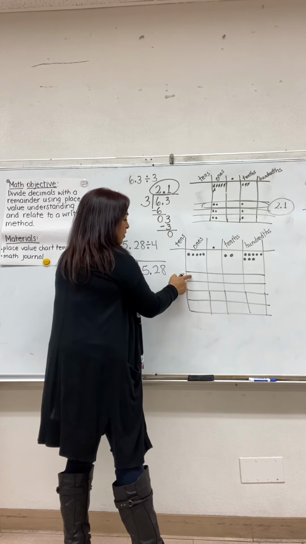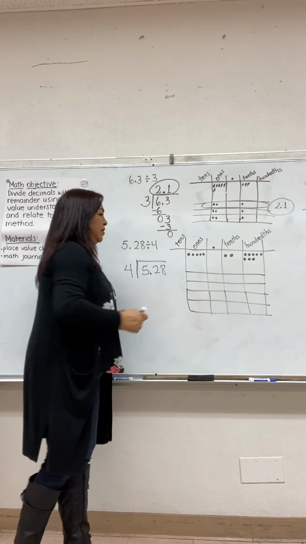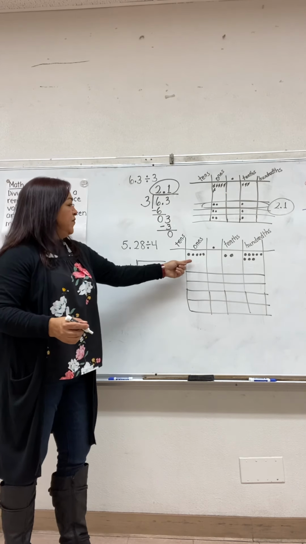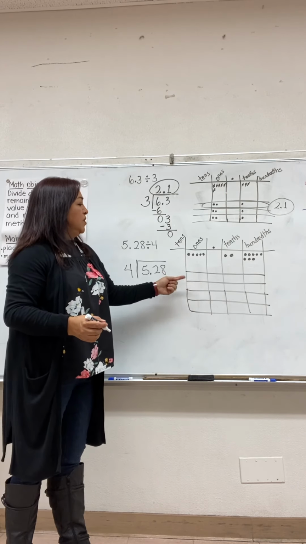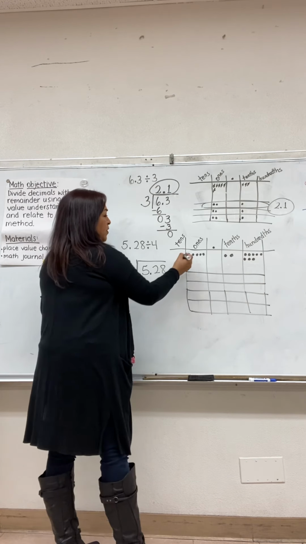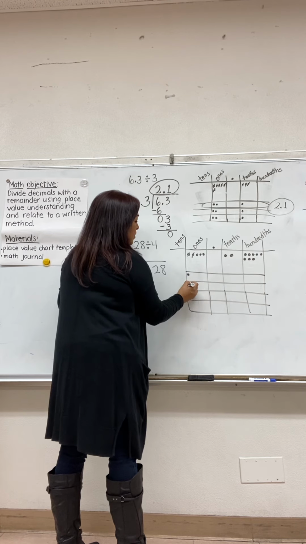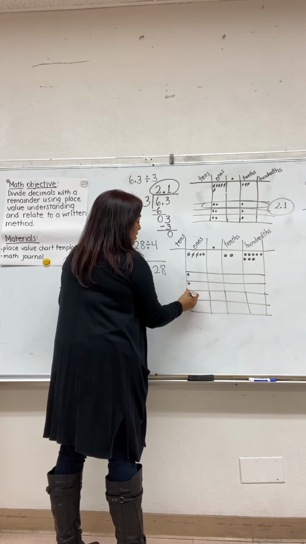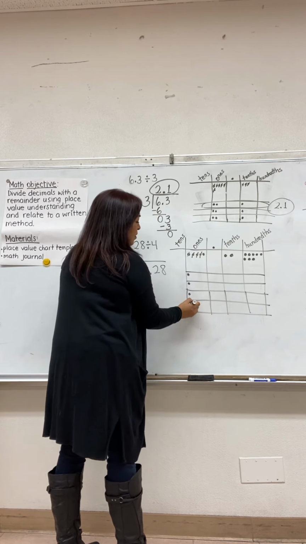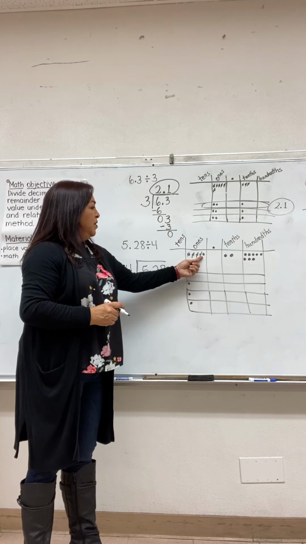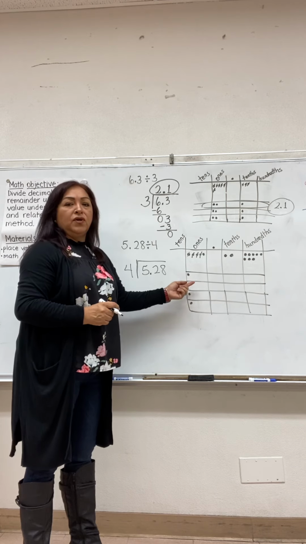That'll be 4 equal groups, 1, 2, 3, and 4. Okay, remember our first step is to divide those ones equally into the 4 groups. So let's go ahead and distribute those ones one at a time. 1, 2, 3, 4. Well, I noticed that I have one more, but if I place it into a group,